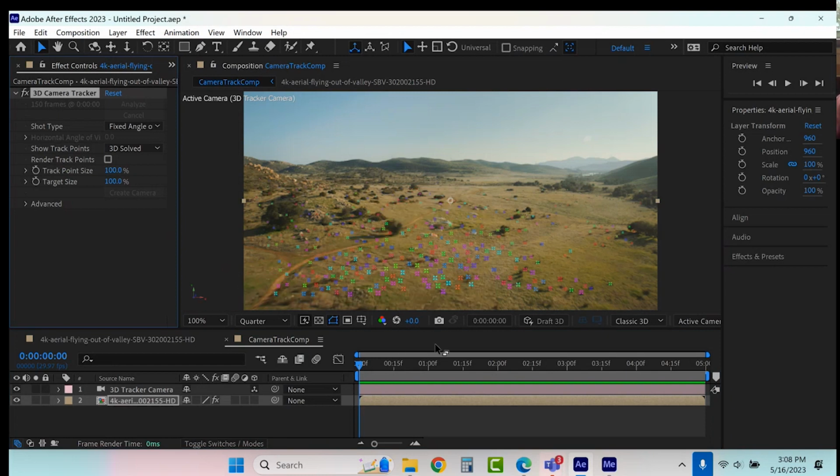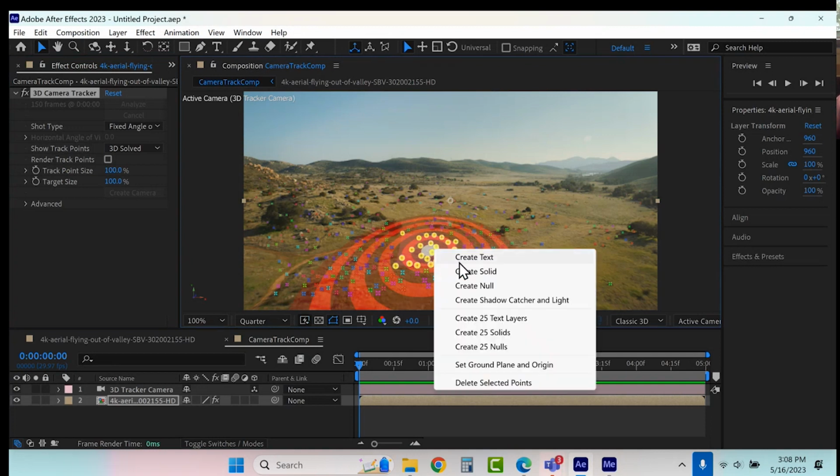And you also notice I've got these little features down there. These are called tracking points. And the closer they are, the larger they are. And the farther away they are, the smaller they are. And you also see I get this weird little kind of bullseye thing, which shows me an area. So if I were to even draw a little lasso around there, you see that? Watch this now. Right click, create text.